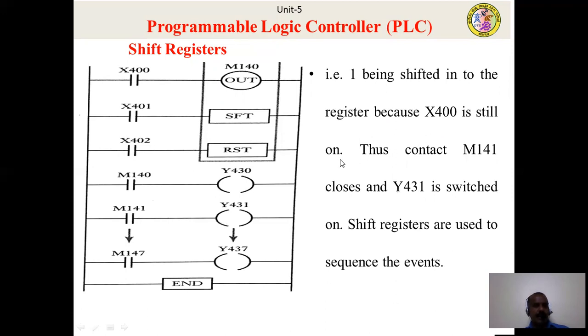Thus, contact M141 closes and Y431 is switched on. Shift registers are used to sequence the events.